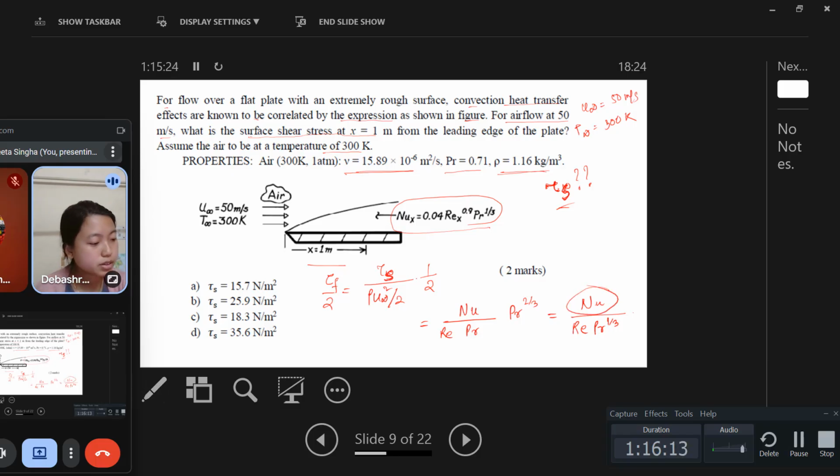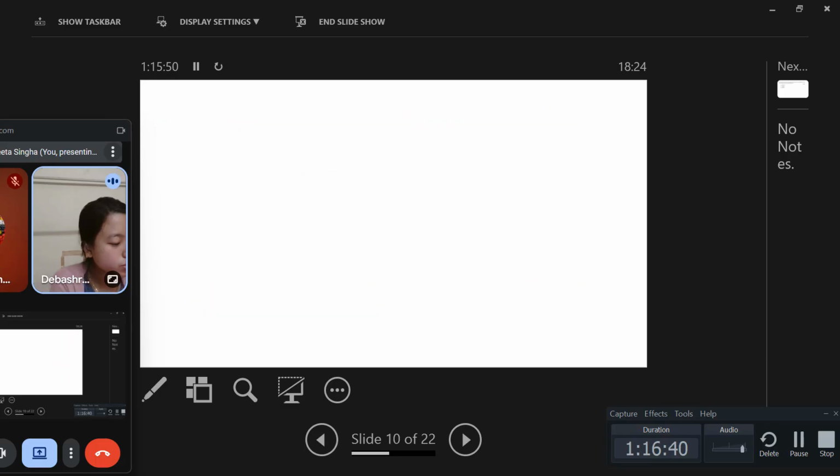Okay, this Nusselt number is given in the question as 0.04 Re_x to the power 0.9, Prandtl number to the power 1 by 3. So we substitute in this Nu, so Cf, or this 2 and this 2 you can cancel out. So directly you can write tau_s by rho u square, tau_s divided by rho u_infinity square is equal to